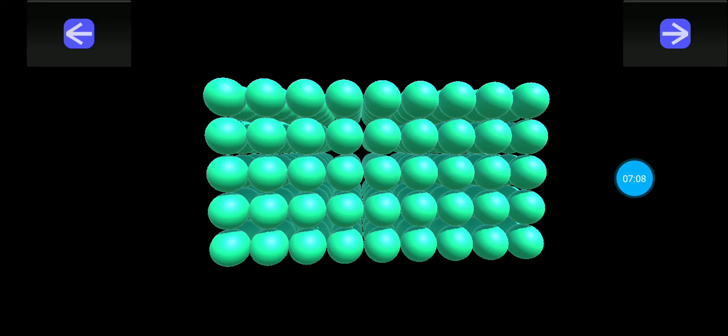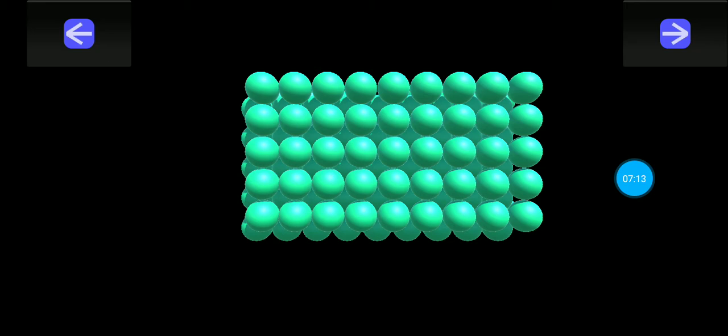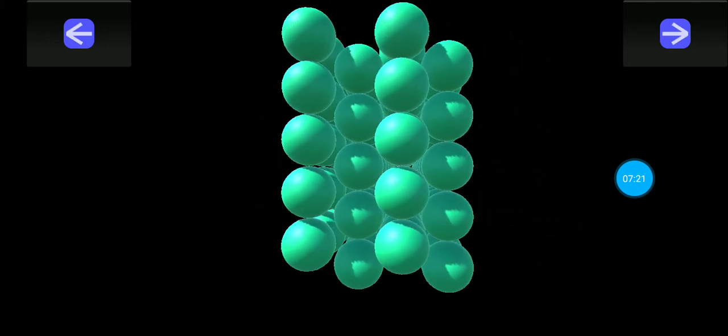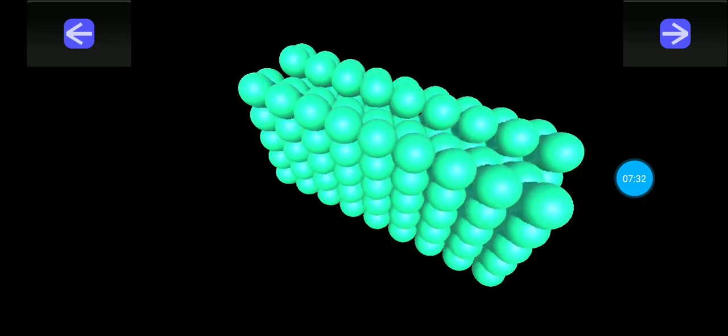After this, let us see another set of three-dimensional packing, which is AB three-dimensional packing. If you see carefully, one set of lines, then another set of horizontal lines, then another set of lines, then another set of lines. So this is AB three-dimensional packing.